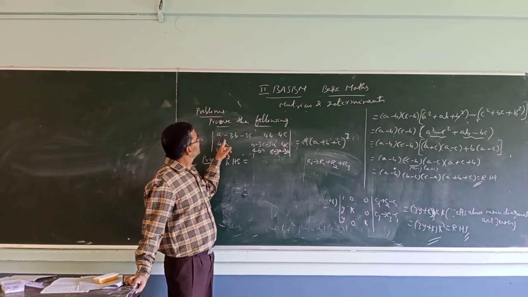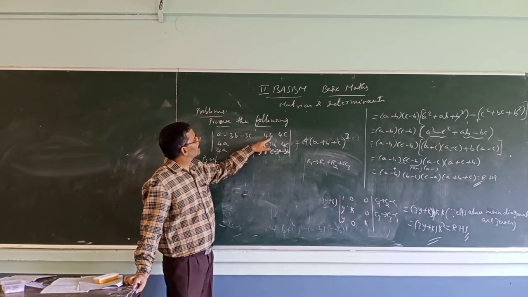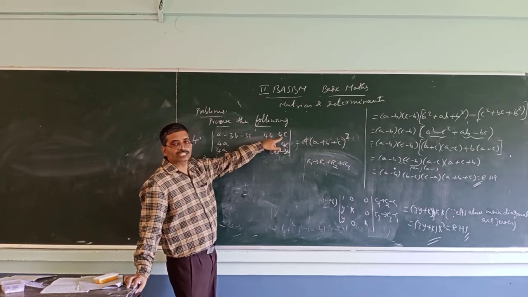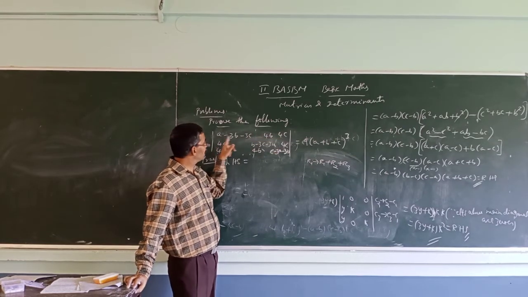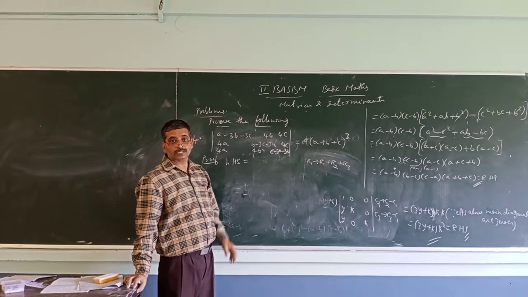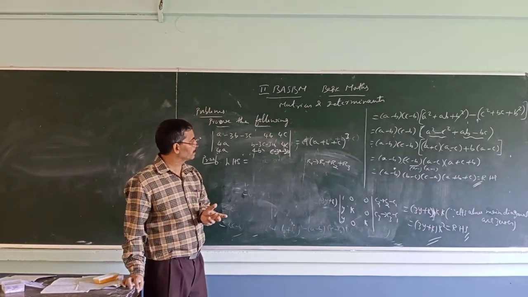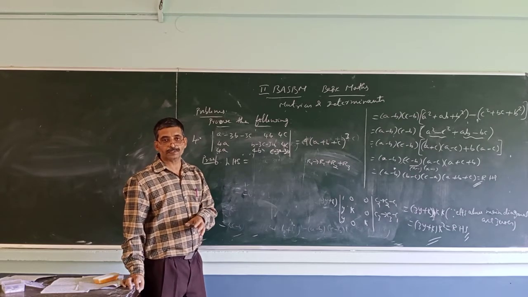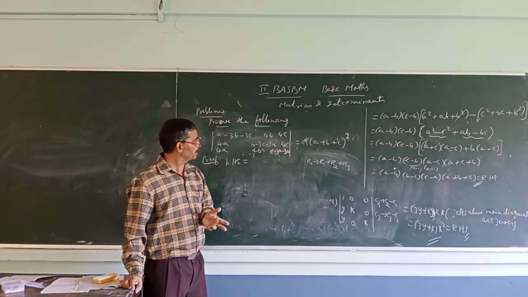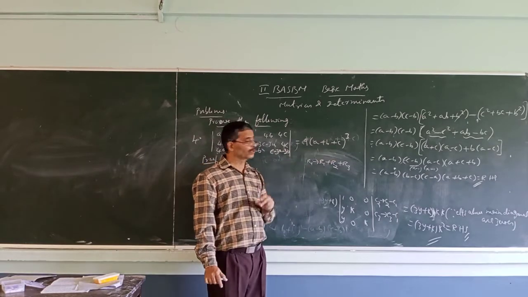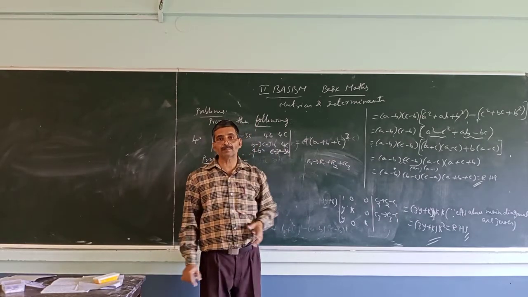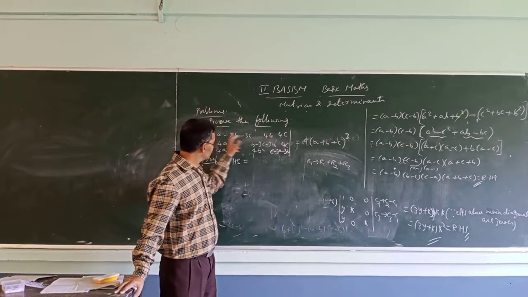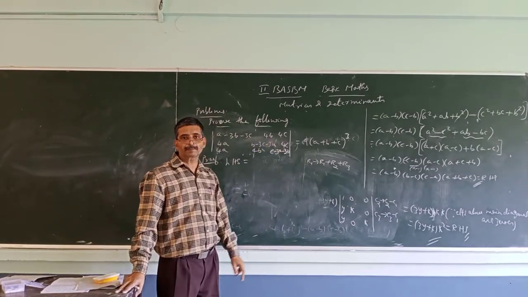what will it become? It will be a, minus 3b plus 4b, it is plus b, minus 3c plus 4c, it is again plus c. So what will you get? a plus b plus c. So that is what you want also. That's what I am telling you: check which way you have to proceed, whether row operation or column operation or some other way. Here I want (a plus b plus c) whole cube on the right hand side, so I want a plus b plus c suddenly. So if you add like this, these three, then you will get a plus b plus c.